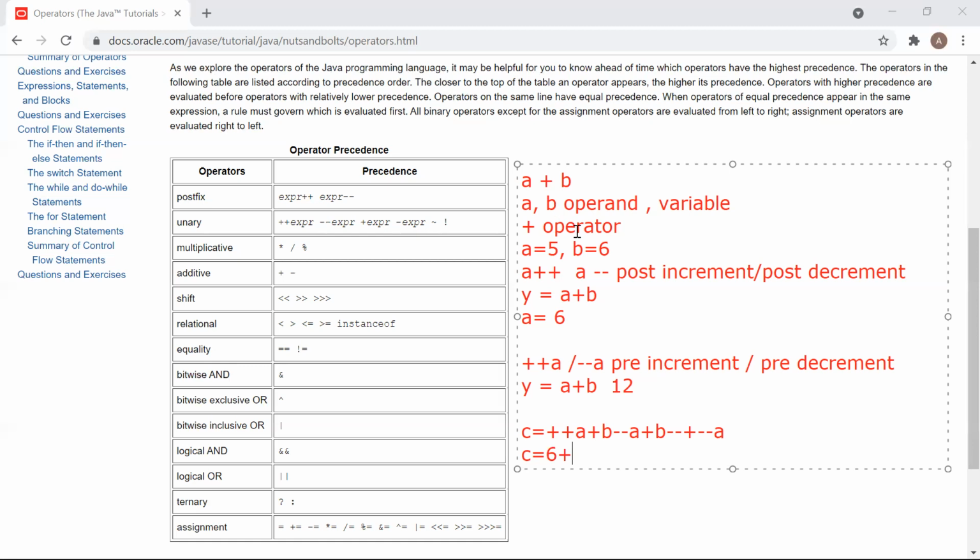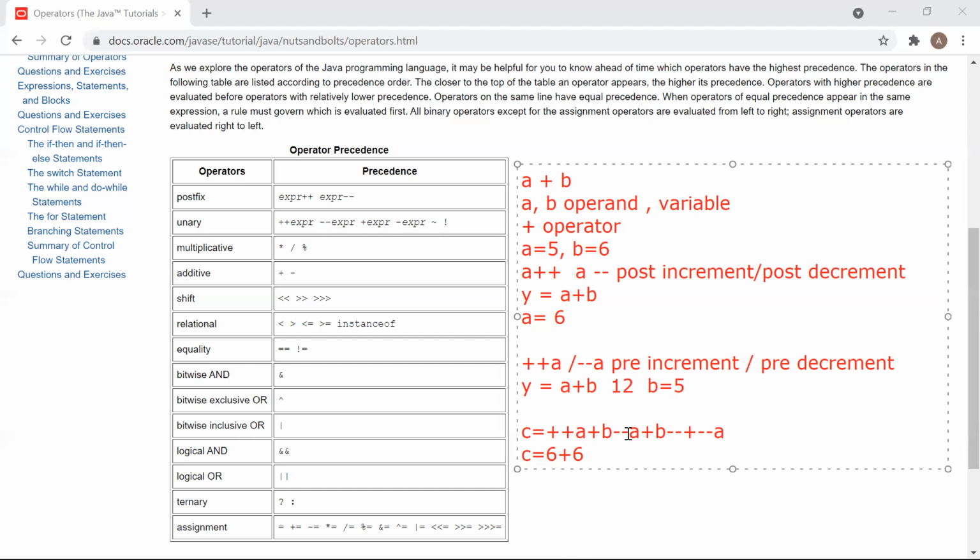In case of post-decrement, I am going to use the 6 first, then decrease the value. So b value now becomes 5 after the operation. First I'm using the value. This is a post-decrement.